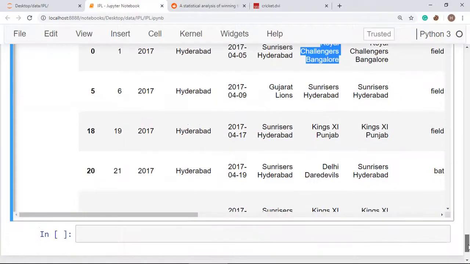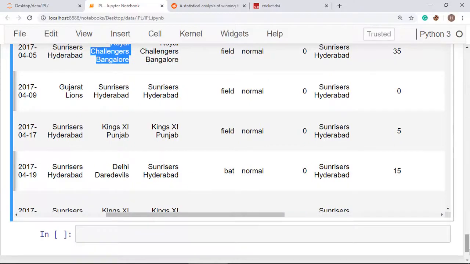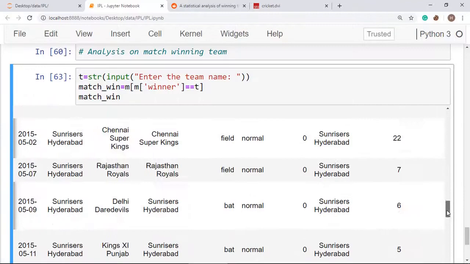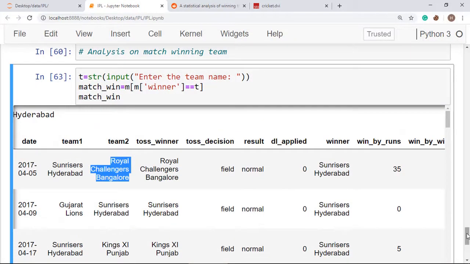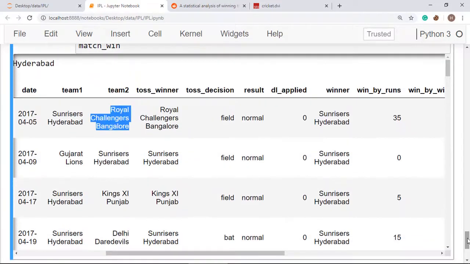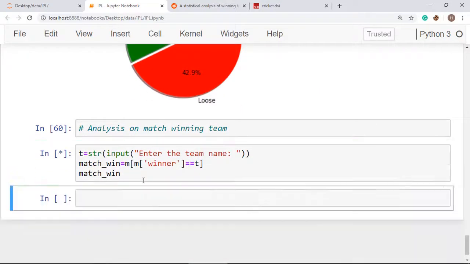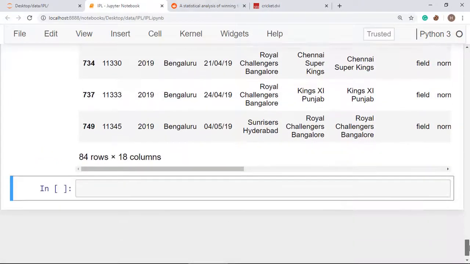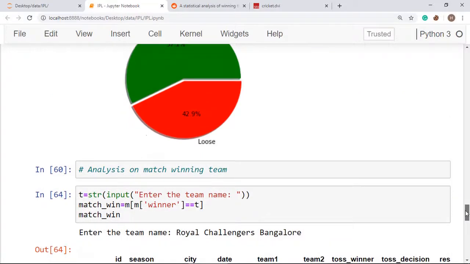See here, you will get all the rows with Sunrisers Hyderabad in the winner column. You can also use it for Royal Challengers Bangalore. Just see here, a total of 84 times Royal Challengers Bangalore has won the match till now.